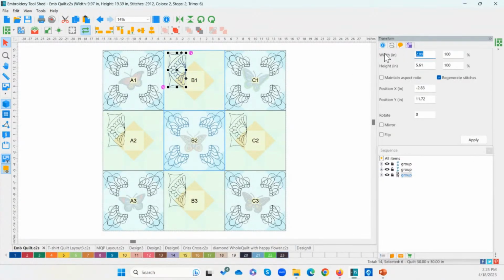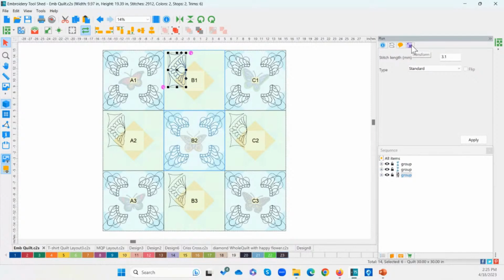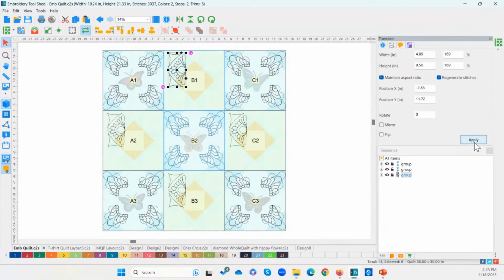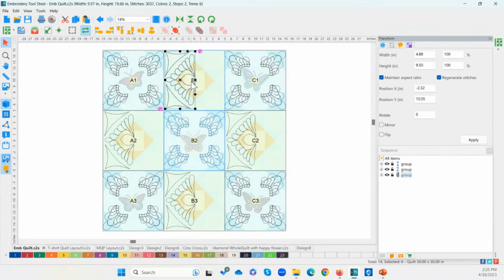Now, another tip when you're quilting and you're trying to land your design exactly in a block, I usually make my design a little bit smaller. So I'm going to first undo that. Let's not do that. It was about to make it too big. Let me go back to my properties over here for transform, and I'm going to click maintain aspect ratio. So the height of the design, I'm going to make it 9.5. We know my block is 10 inches, but that's going to give me a little bit of wiggle room to make sure that it falls within my block. And I really like doing that if I'm making this block by block.